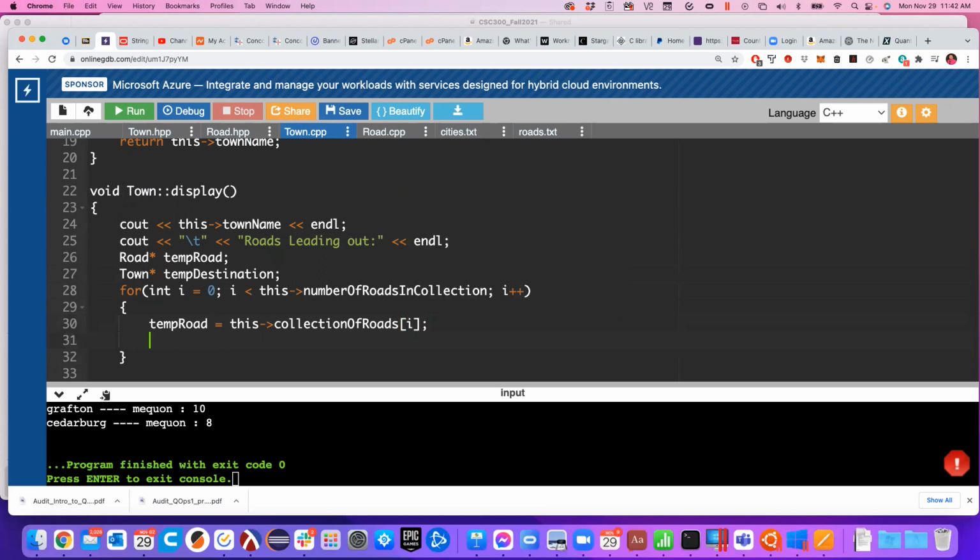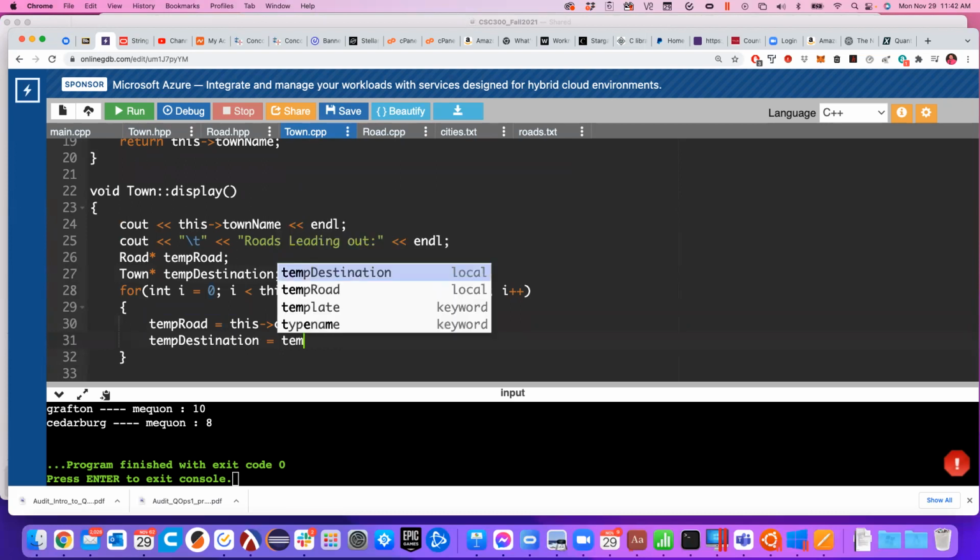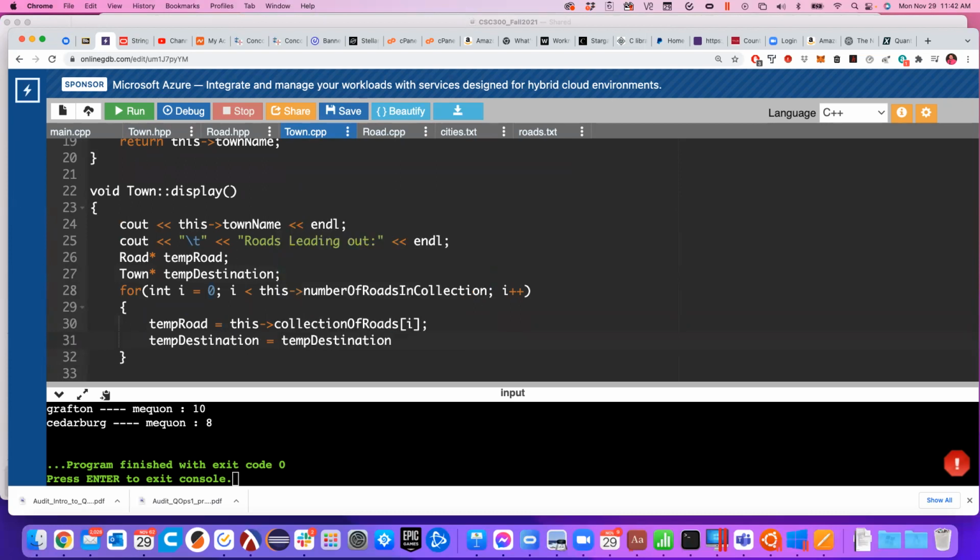That gives me the road that I'm dealing with in a temporary variable, just so I can work with it. Then I'm going to take a quick guess. I'm going to say temp destination is equal to temp road